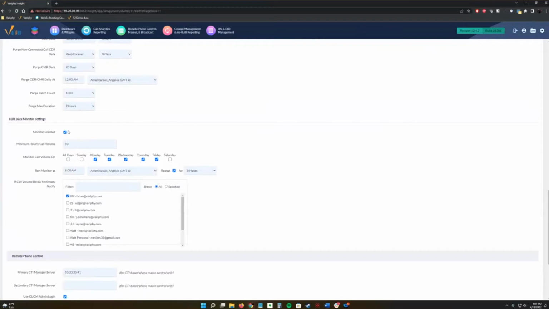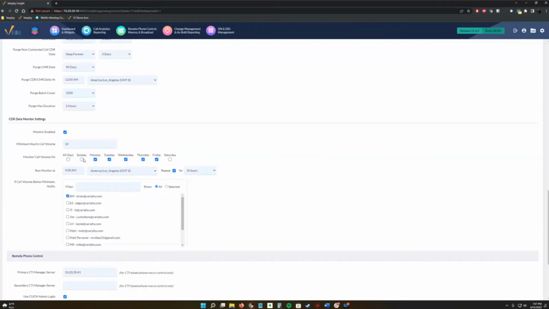It's pretty easy to set up. Like I said, check mark this. Then we can pick a minimum call volume that you'd want. Usually 10 or under is what we pick. It just depends on how you want to do it. So how that works is, let's say we run this at 9 a.m. in the morning. It's going to run a check for the hours between 8 and 8:59 and ask, did we have 10 calls in that hour? And if it was under 10, it's going to shoot you an email saying, hey, we got an alert saying we're not getting CDR.